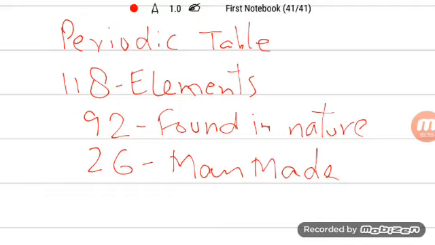Now students, you can see the periodic table there. There are 118 elements, and out of these 118 elements, 92 are naturally occurring, or found in nature, and the remaining 26 elements are man-made. They are made in the labs by eminent institutions or scientists, and the lifetime of such elements is very short. They are made by certain sorts of nuclear reactions.